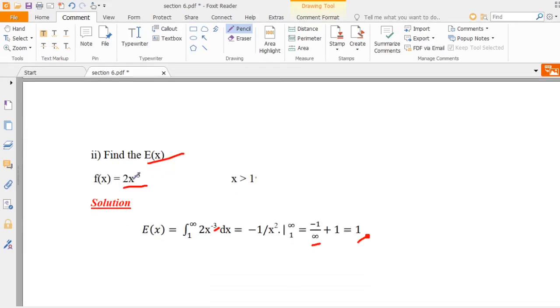And another example is that we have 2 times x to the power of 3, and it's given 1, and it asks about the expected value. So we'll do what? We'll substitute this. Okay. This will be 2x minus 3, and this will be